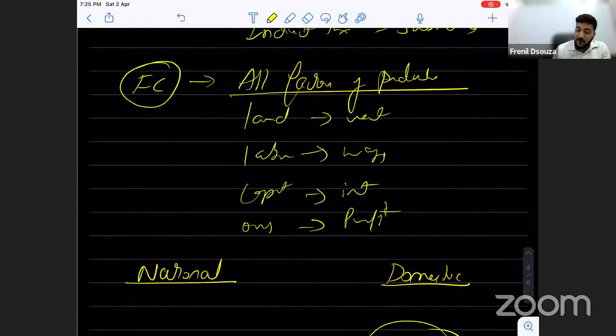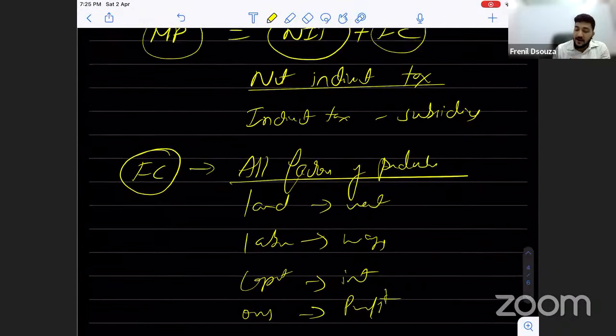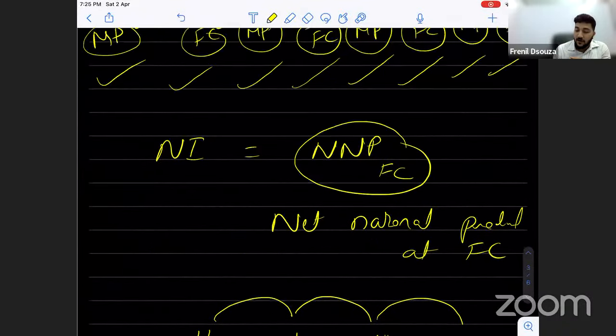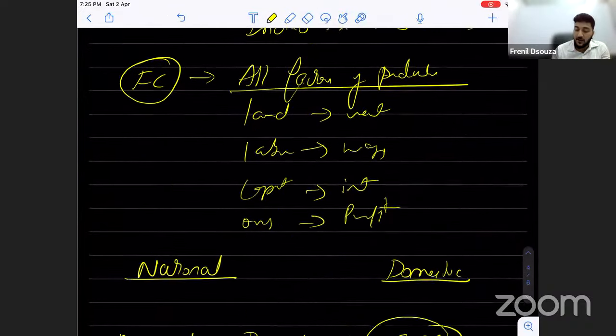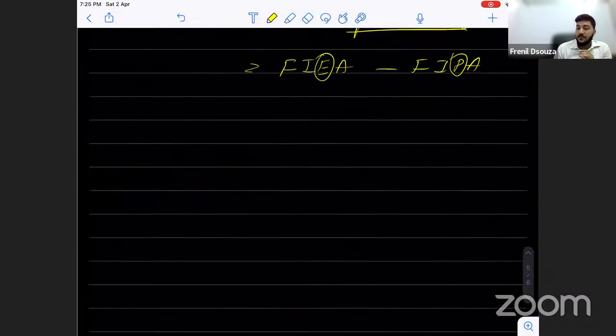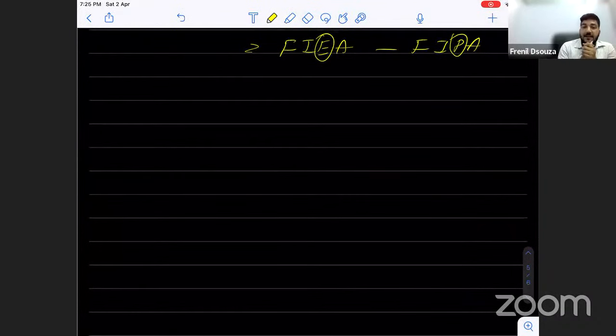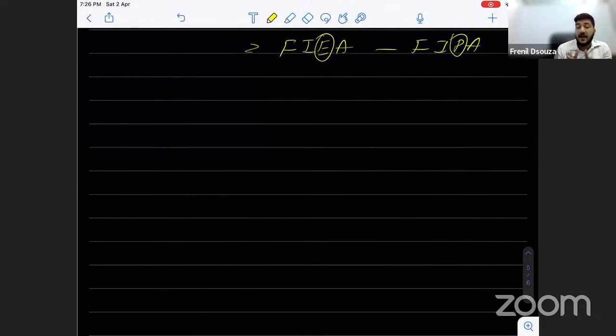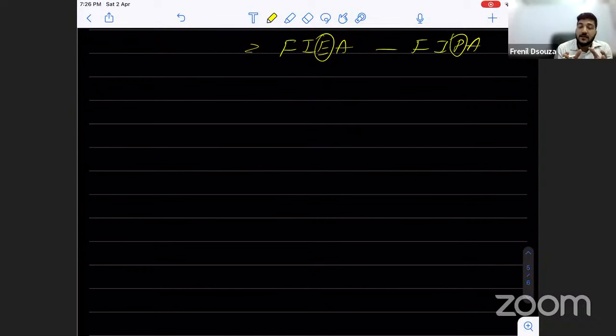And we have also learned how to convert market price into factor cost, and also how to convert gross into net. We learned all the three conversion formulas. Now, understand this. In the examination, especially in the first chapter, first unit, a question is always guaranteed, right? You can get a question ranging from 4 marks up to 10 to 12 marks sometimes. It has happened in the past that 2-3 questions have been asked from this first unit itself, right?